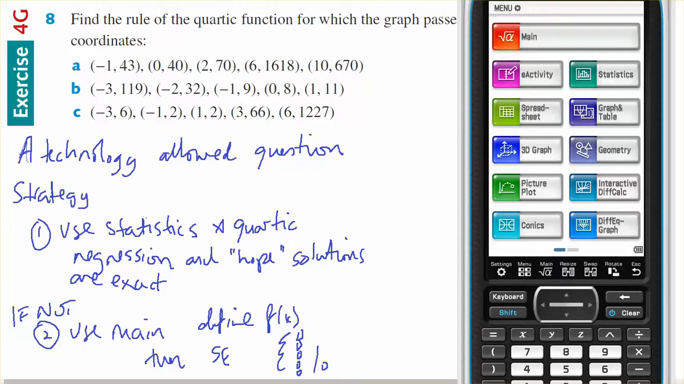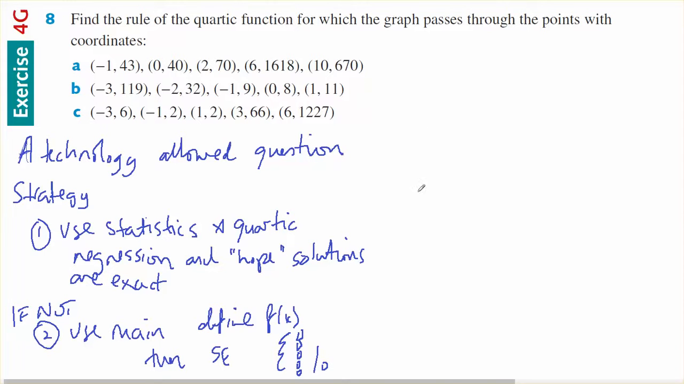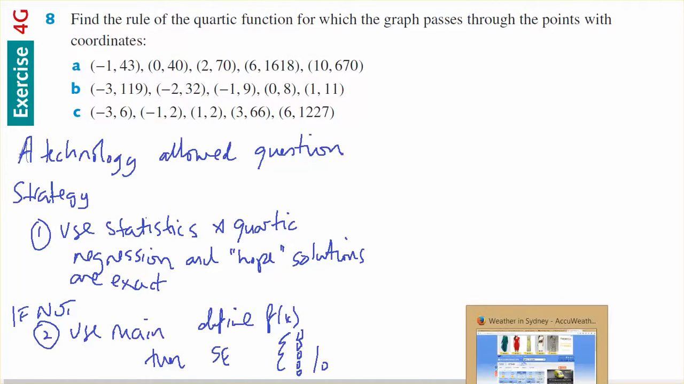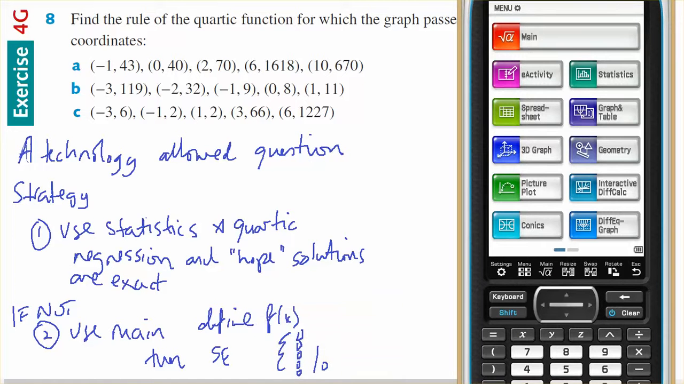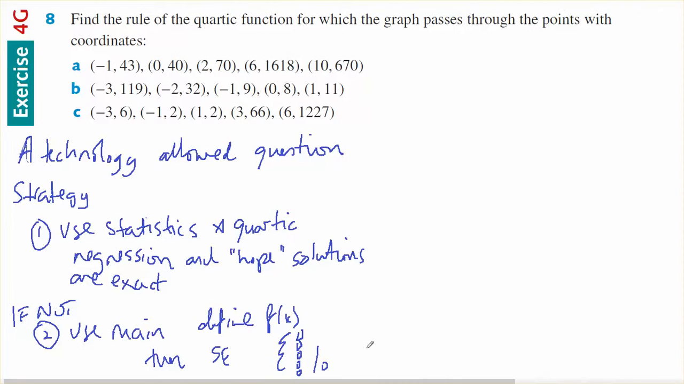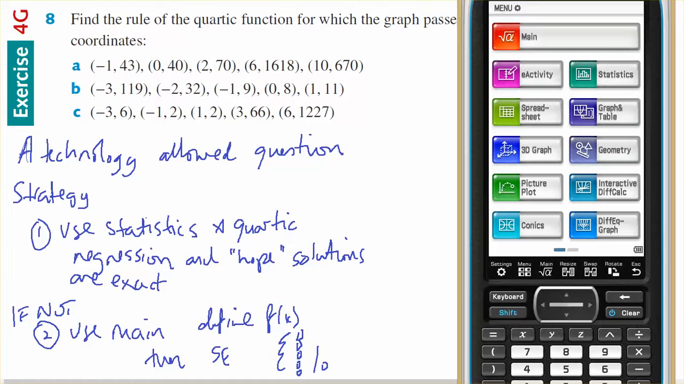This is for Year 12 Methods. It comes out of Chapter 4, 4G, question number 8. Find the rule of the quartic function whose graph passes through these points with these coordinates. Now, looking at some of these numbers, this is a technology allowed question, so I'm going to show you the